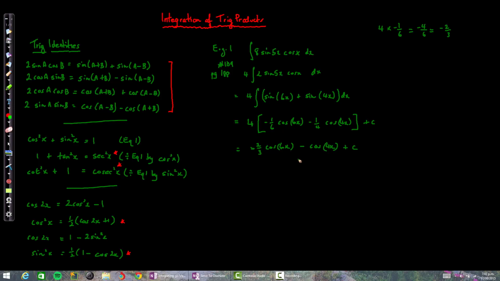Okay, so there's our first example, and if you check the back of the book, that's the answer they have as well. Okay, let's take a look at a second example,